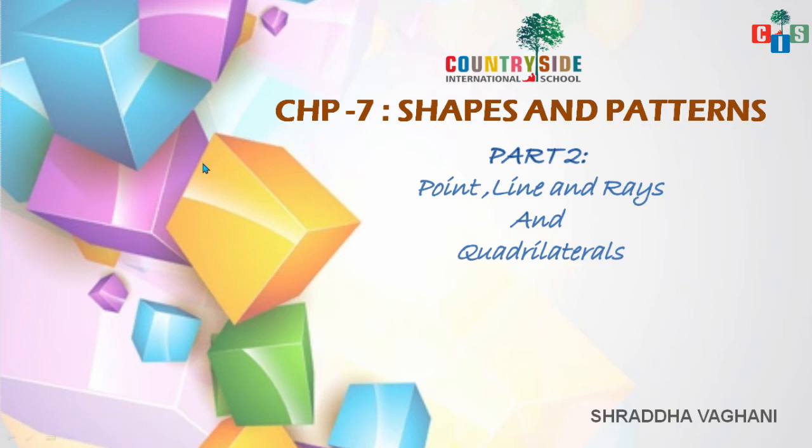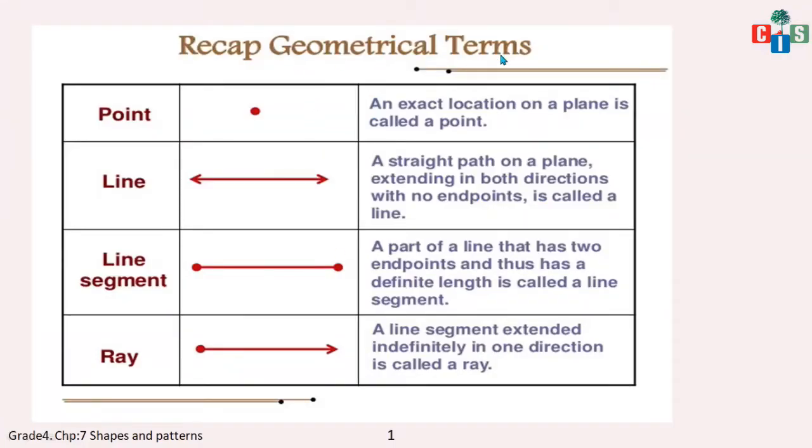In the previous video, we saw closed curves and open curves, and in the closed curves, we saw simple closed curves. What we saw? We saw simple closed curves and non-simple closed curves. And in simple closed curves, we saw three types: line segment wala simple closed curves, curved line wala simple closed curves, and line and curved lines wala simple closed curves. Okay, so today we are going to see certain geometrical terms. Geometrical terms means, you can say, certain definitions.